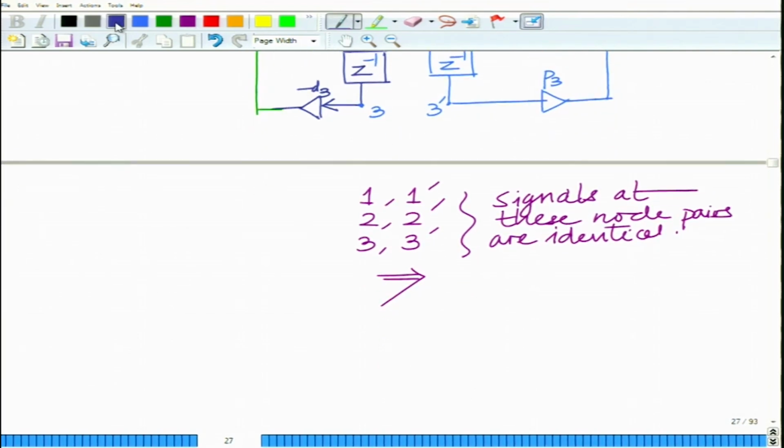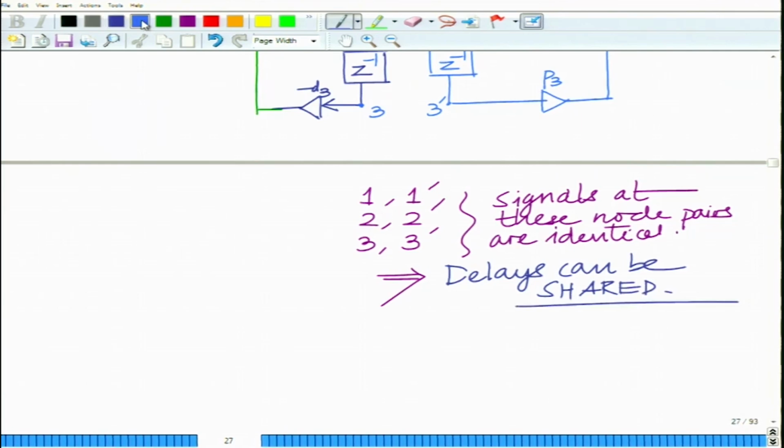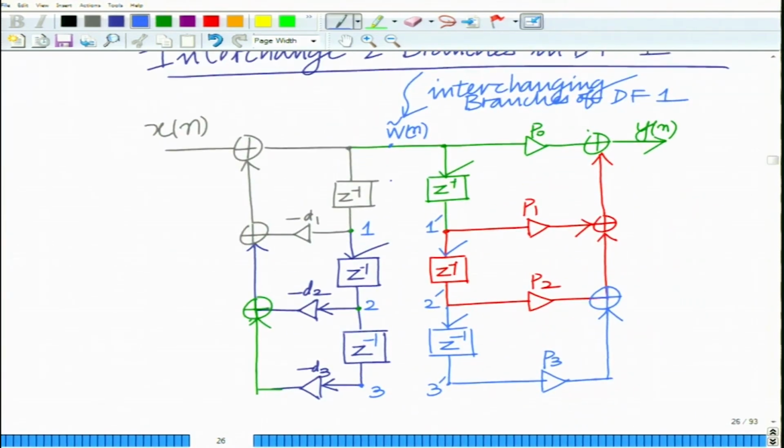This implies that delays can be shared. Implies basically those signal points can be merged. So, these delays can be shared in common. So, for instance, the delays can be shared, and once you merge these and share the delays,